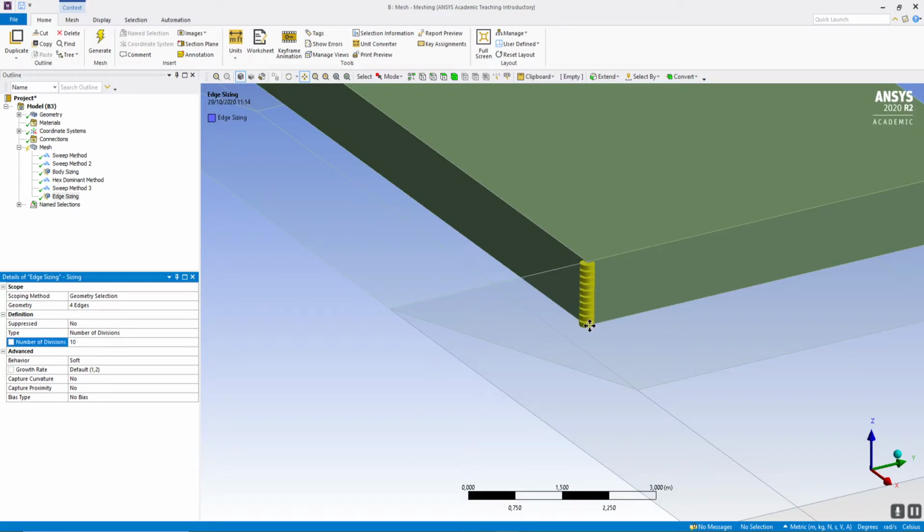You can already see that it changed from 5 to 10 right here. 1, 2, 3, 4, 5, 6, 7, 8, 9, 10 divisions. All right? We're also going to change the capture curvature from no to yes. Okay,